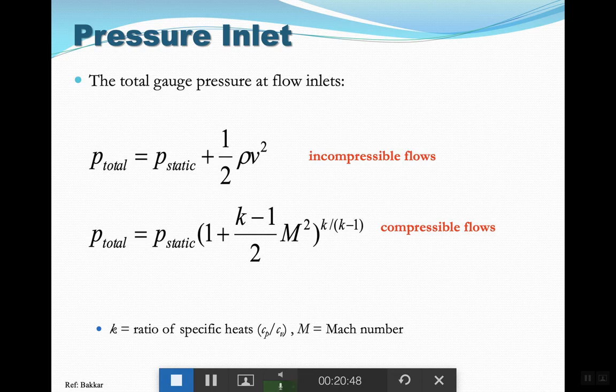Mach number is your velocity divided by the velocity of sound in that medium. If Mach is more than 1, you're talking about supersonic flow. If it is around 1, you're talking about sonic flows. And if it is less than 1, you're talking about subsonic flows. But as far as we are concerned in this class, we are dealing with this equation, which is